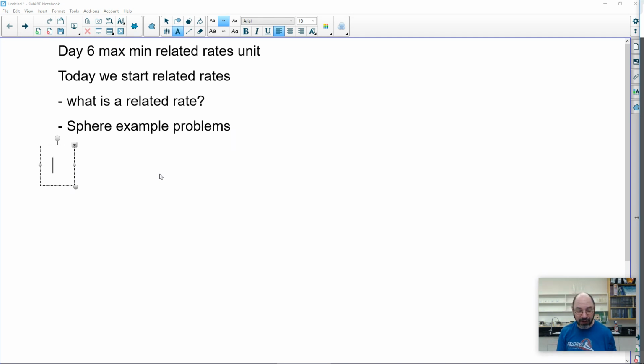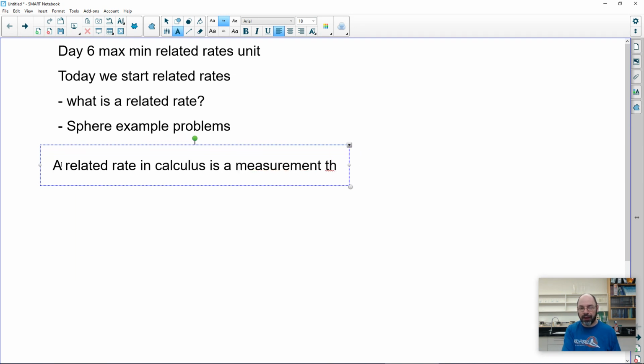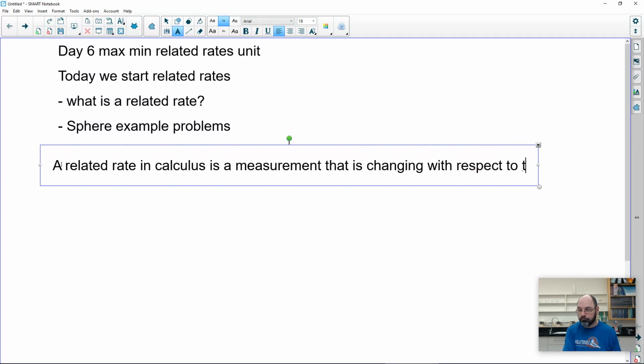So if we were to define that a little bit in terms of what it is, we could say that a related rate in calculus is a dimension or measurement, we'll say, that is changing with respect to time. When I use "with respect to," I usually use WRT for shorthand, but if you see that in my corrections and stuff, that's what that means. So a related rate in calculus is a measurement that is changing with respect to time